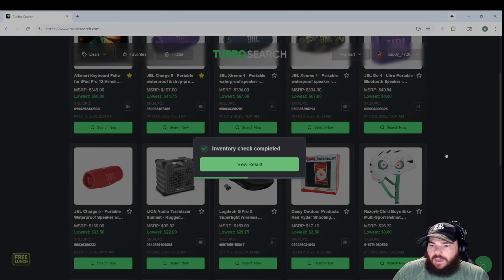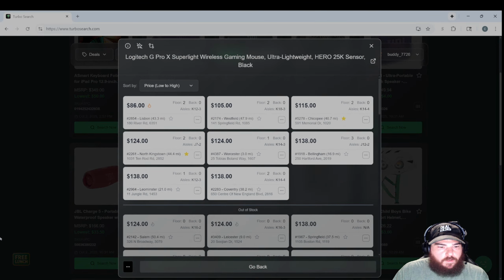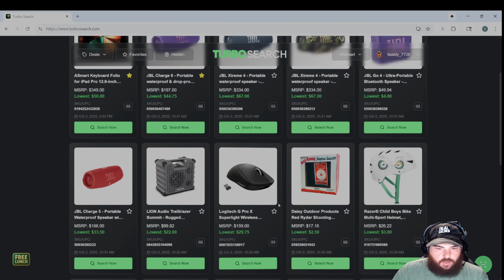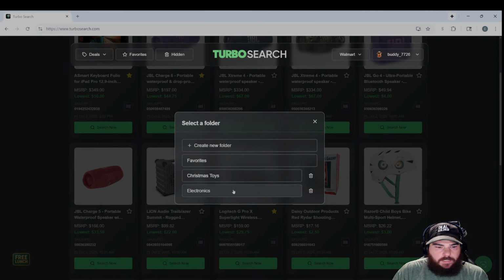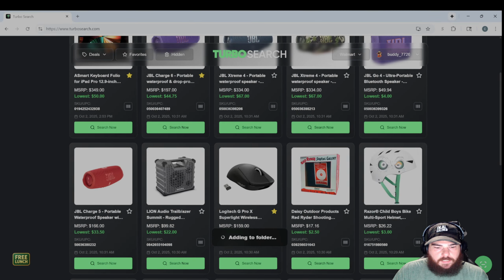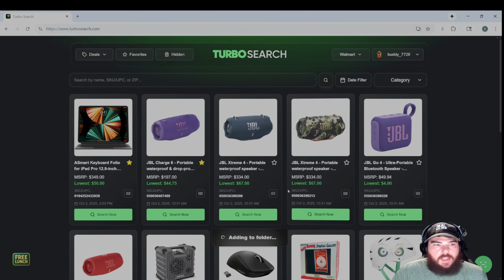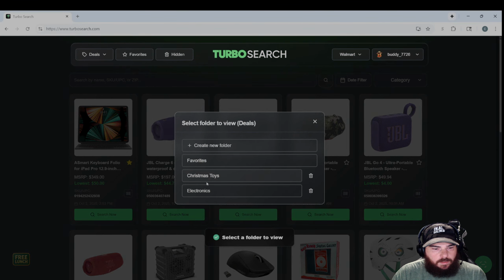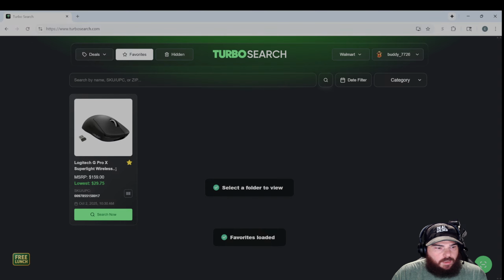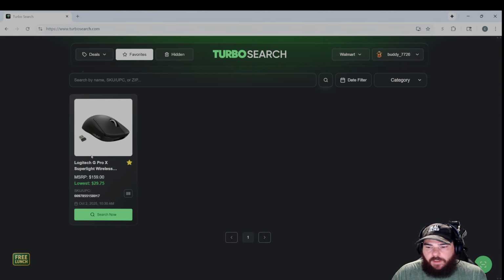Yeah, I can show you how to sort your listings real quick. Click view results. So say this store has 3 in stock and I want to keep an eye on this store. I can actually go back, just as before, click the favorite icon, add to favorites, electronics. So it's one great way to keep things organized, where now I can go into my favorites folders. So under deals, favorites, go to electronics, and you'll see the mouse that I just favorited and put in there.